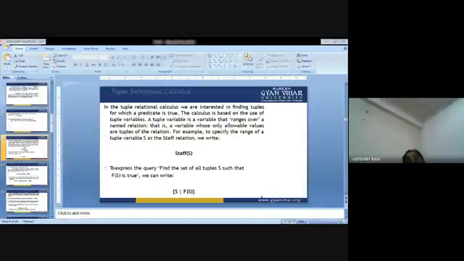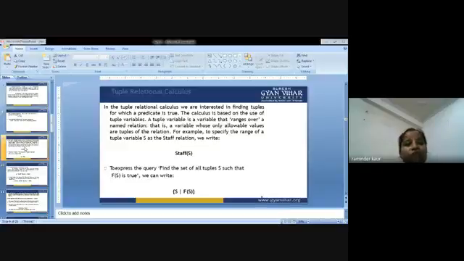Now, coming to the major point of calculus. First is tuple relational calculus. So what is tuple relational calculus? In this calculus study, you are supposed to remember your subject LFP, that is logical and functional programming, that you have studied in, I think, 4th semester. So you are supposed to brush up your logical skills in that subject.